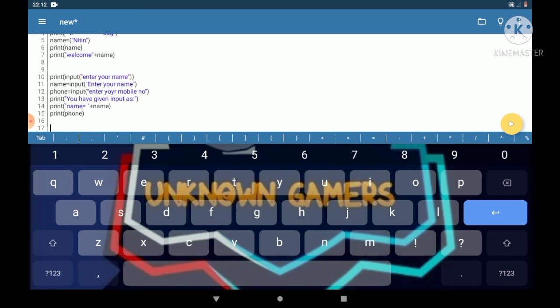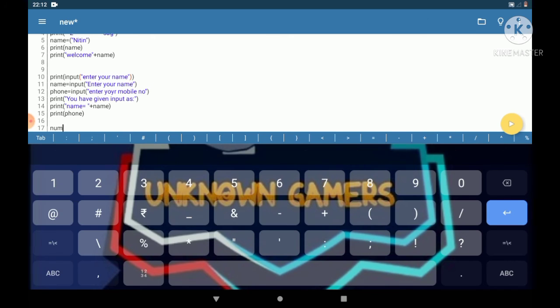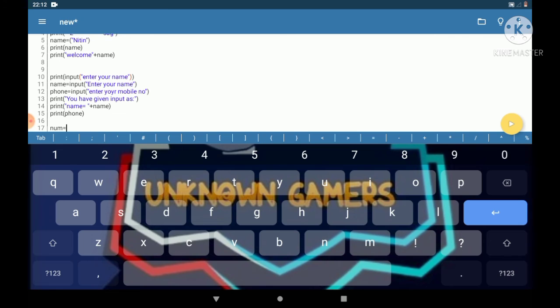So if you want to take only an integer value from the user, you can put num is equals to, now you have to take only an integer, so we will be putting int, which is a short form of integer. We use this command only for taking an integer.